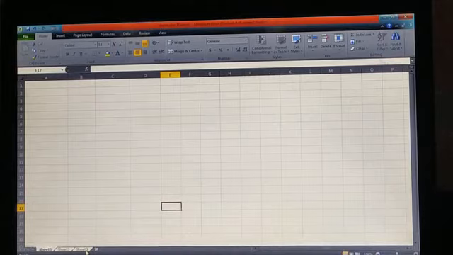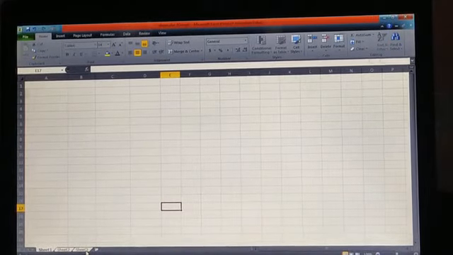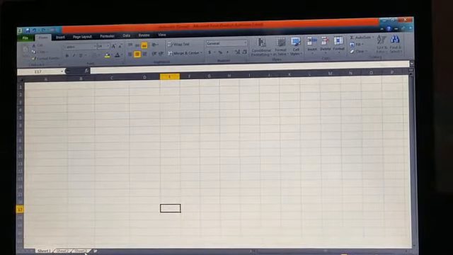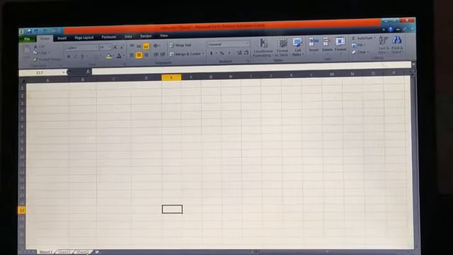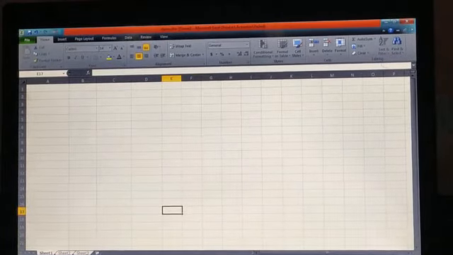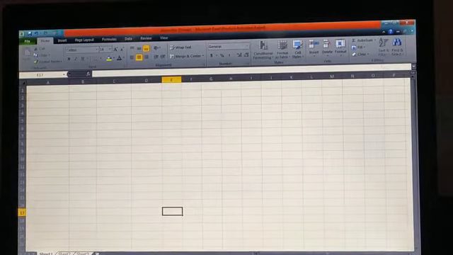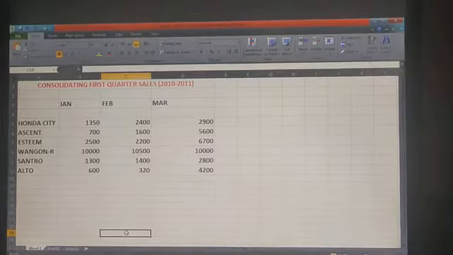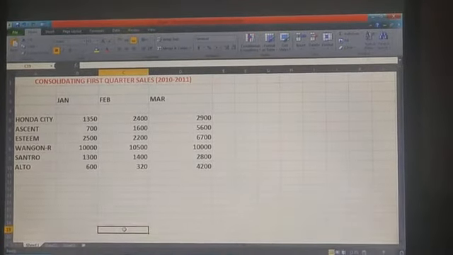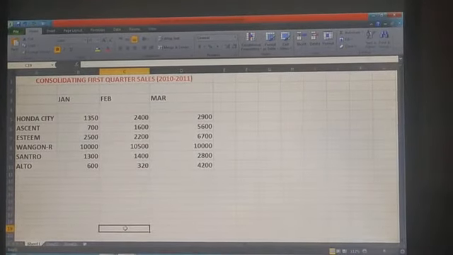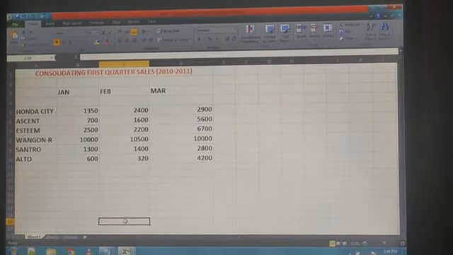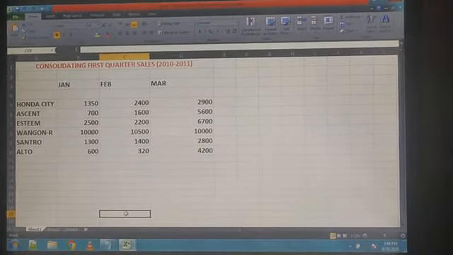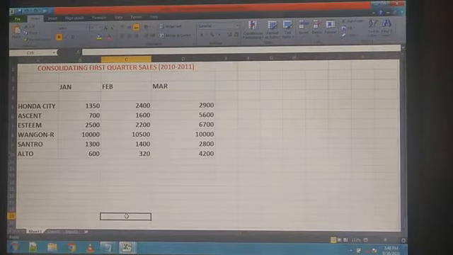Okay, so you have to enter the data that is given in figure 5.18. You can see in your book page number 50. Okay, you have to enter this content. So here I am entering this data. Okay, so here I have entered the data in the group worksheet, that is sheet 1, as shown in figure 5.18 in your book.